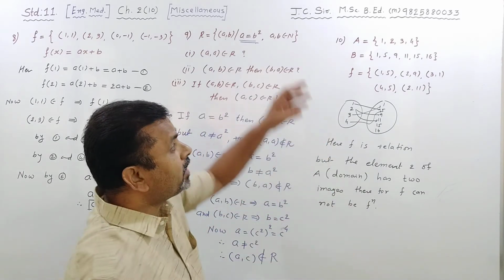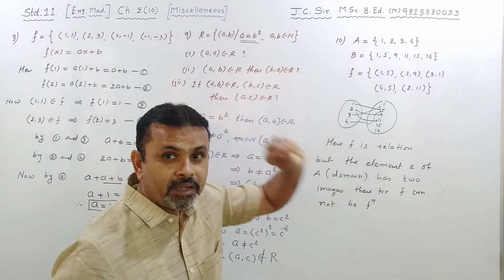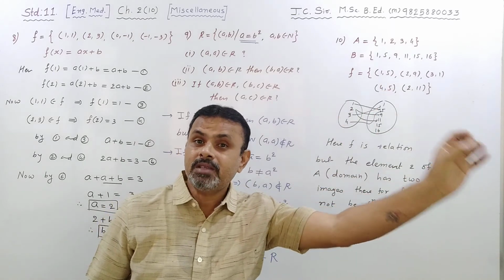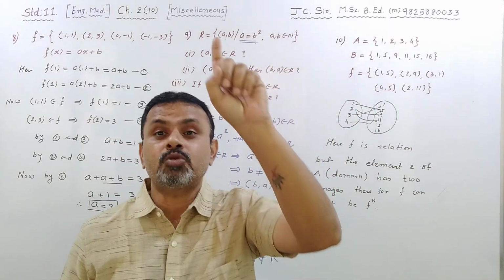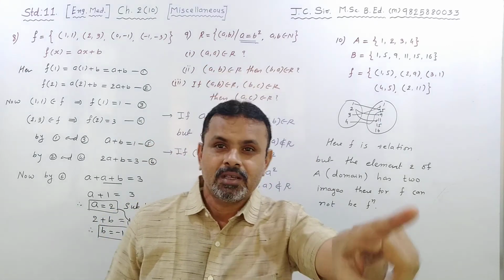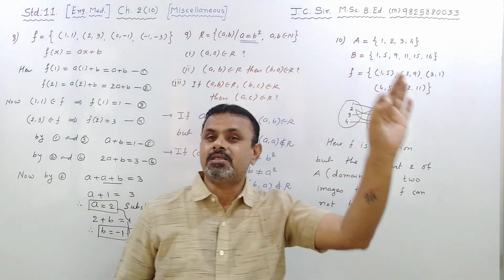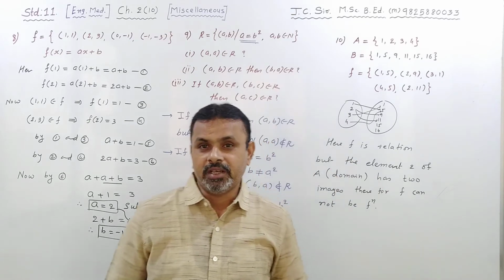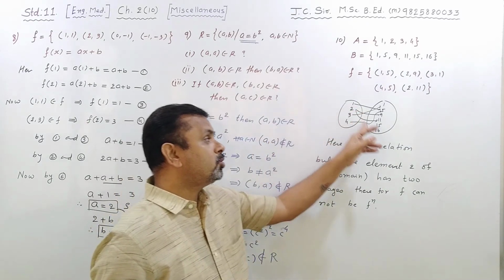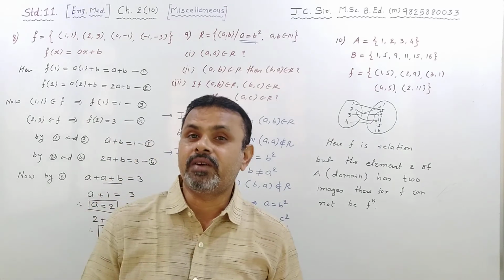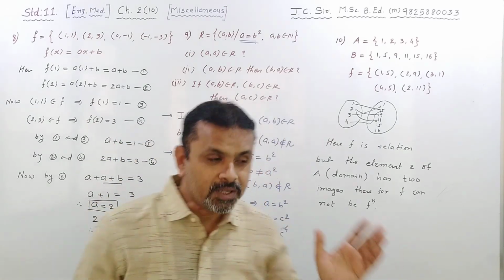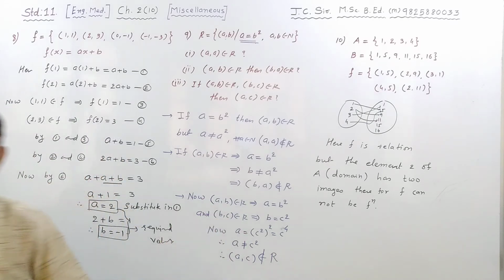कि for all the elements of domain A there should be single image, there should be one image and there should be one and only one image. एक से कम भी नहीं, एक से ज्यादा भी नहीं होना चाहिए. जबकि here 2 has 2 images, therefore it is not a function. Clear point? So please write down. बाकी के sums करें.